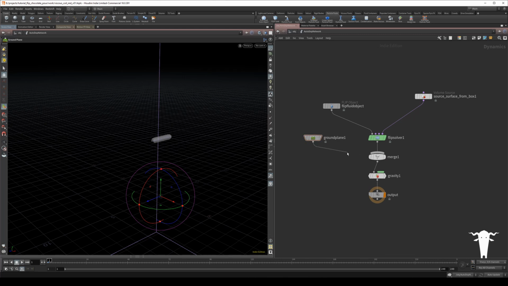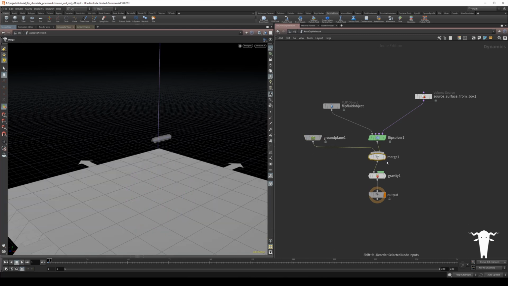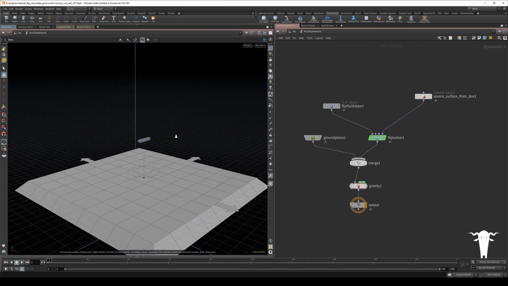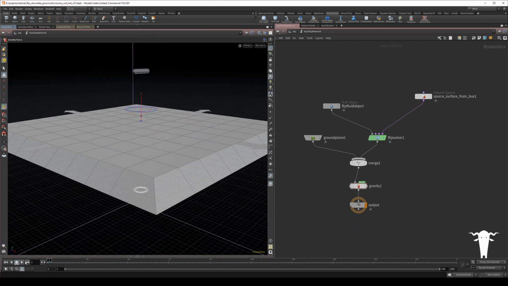Because now what we have is just a simple pouring liquid. So if we play that, we should get some water pouring down. Let's hit play and see that. See, it's coming down pretty fast, hitting the ground and spreading out like you would expect. Okay, I'm just going to stop that and rescale